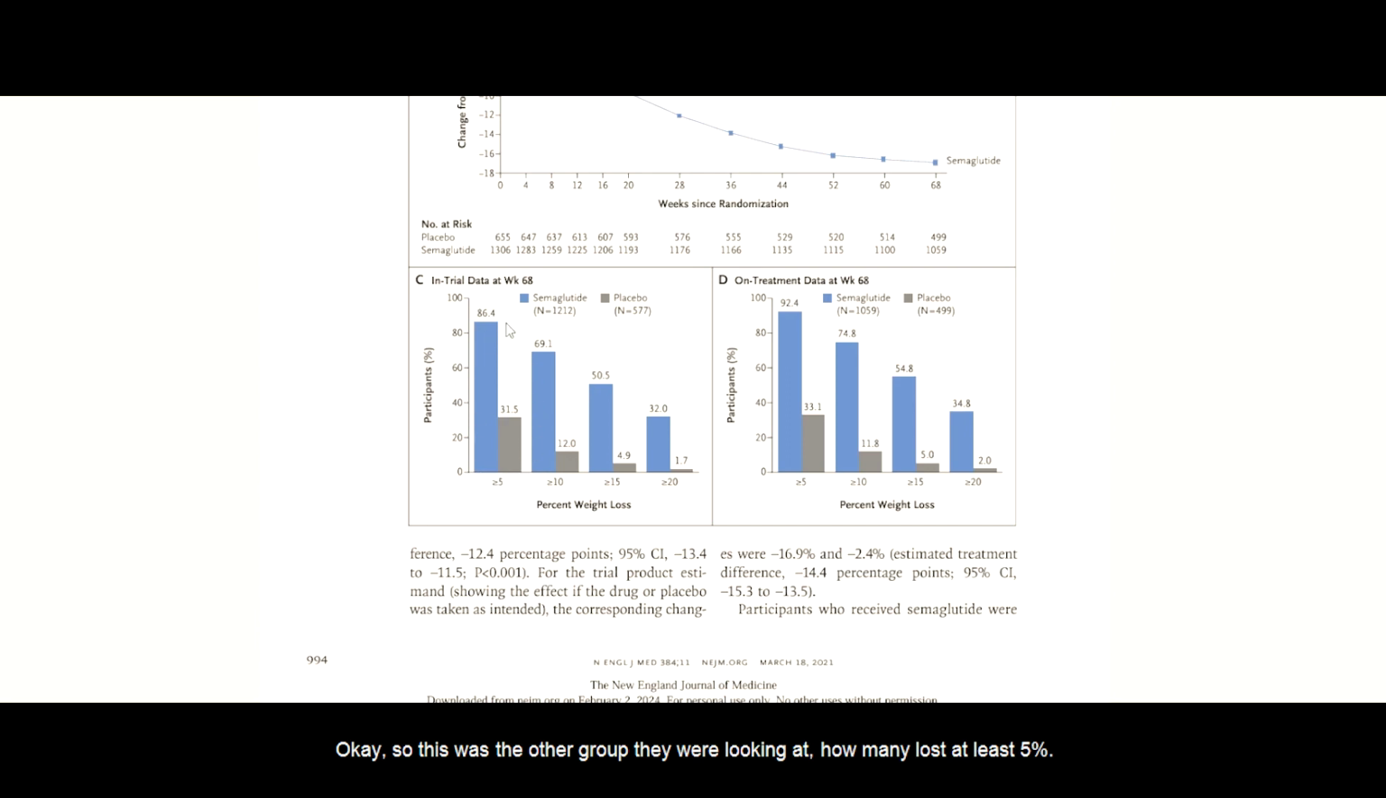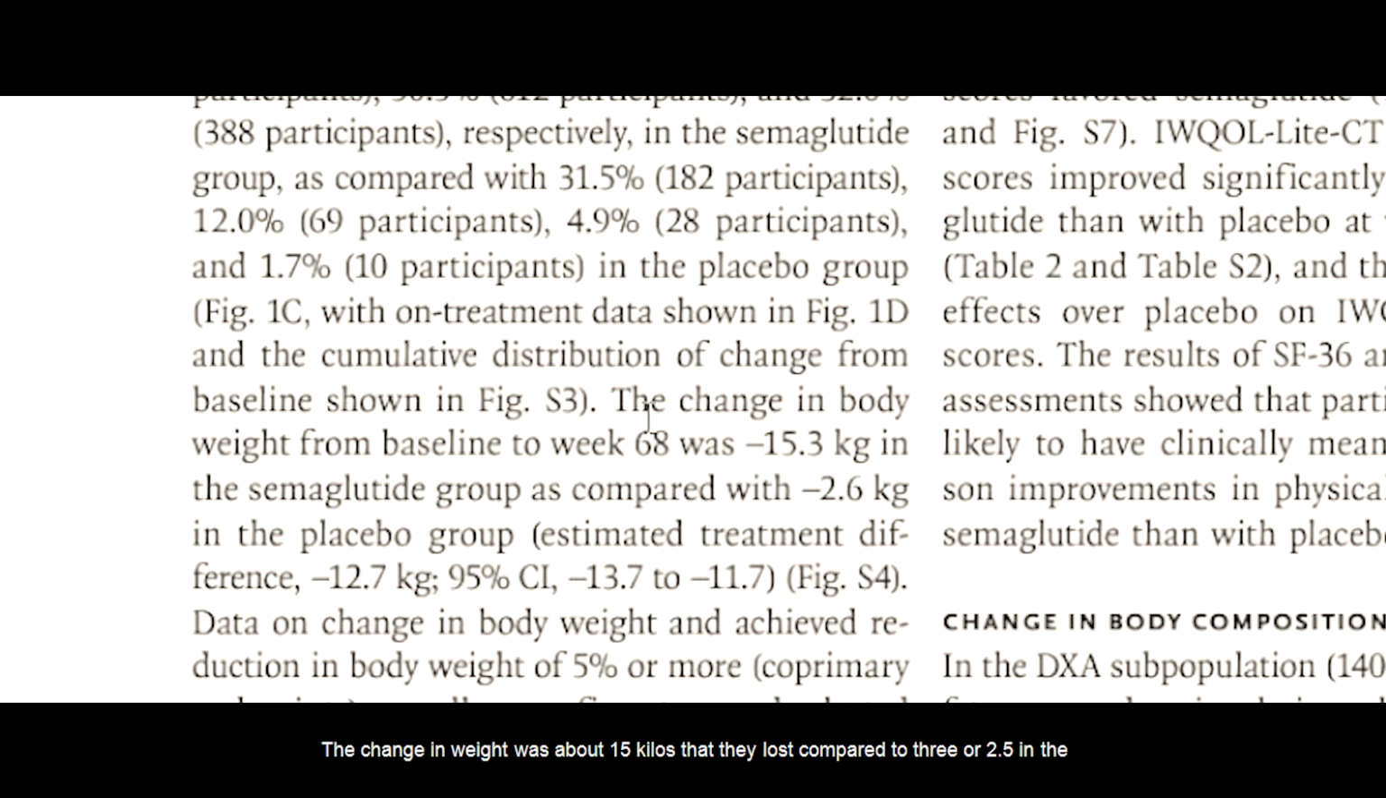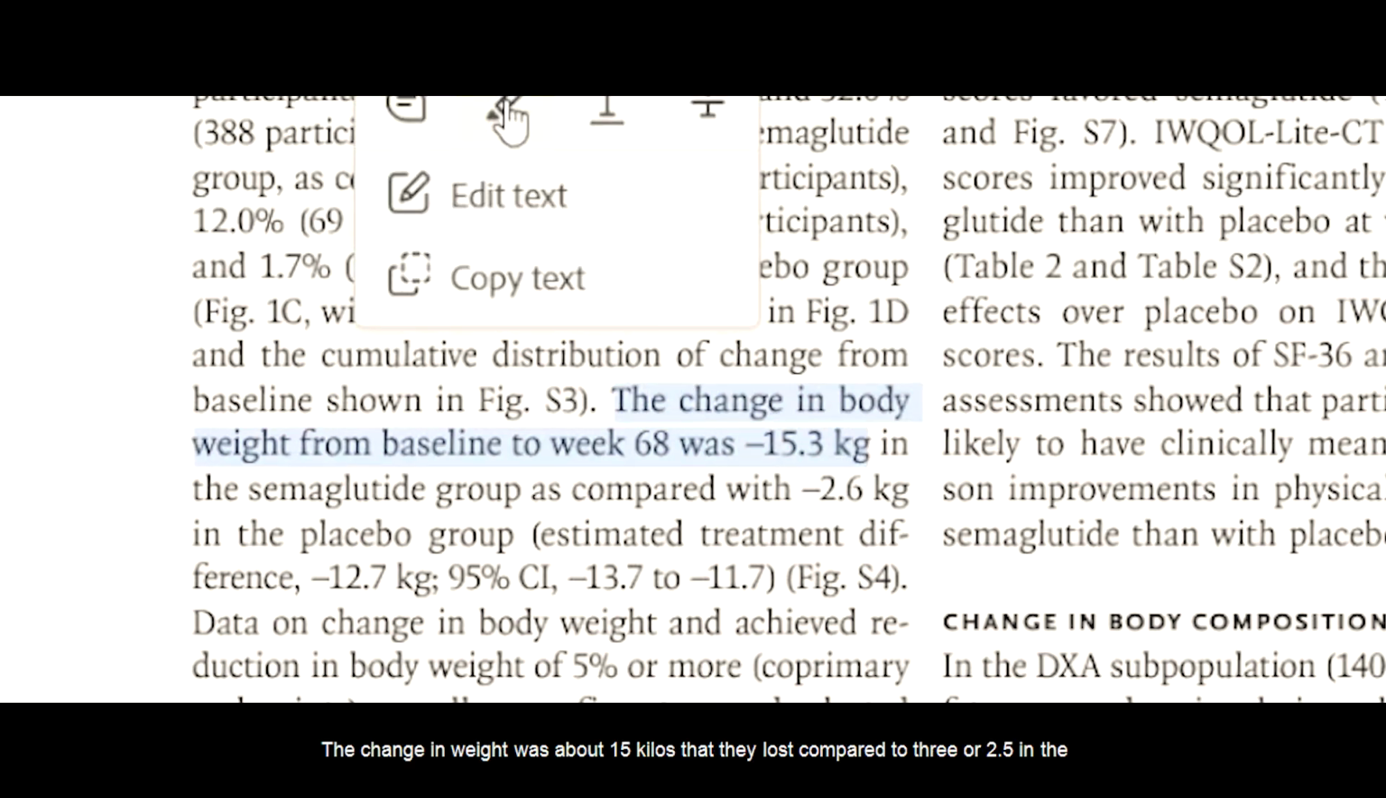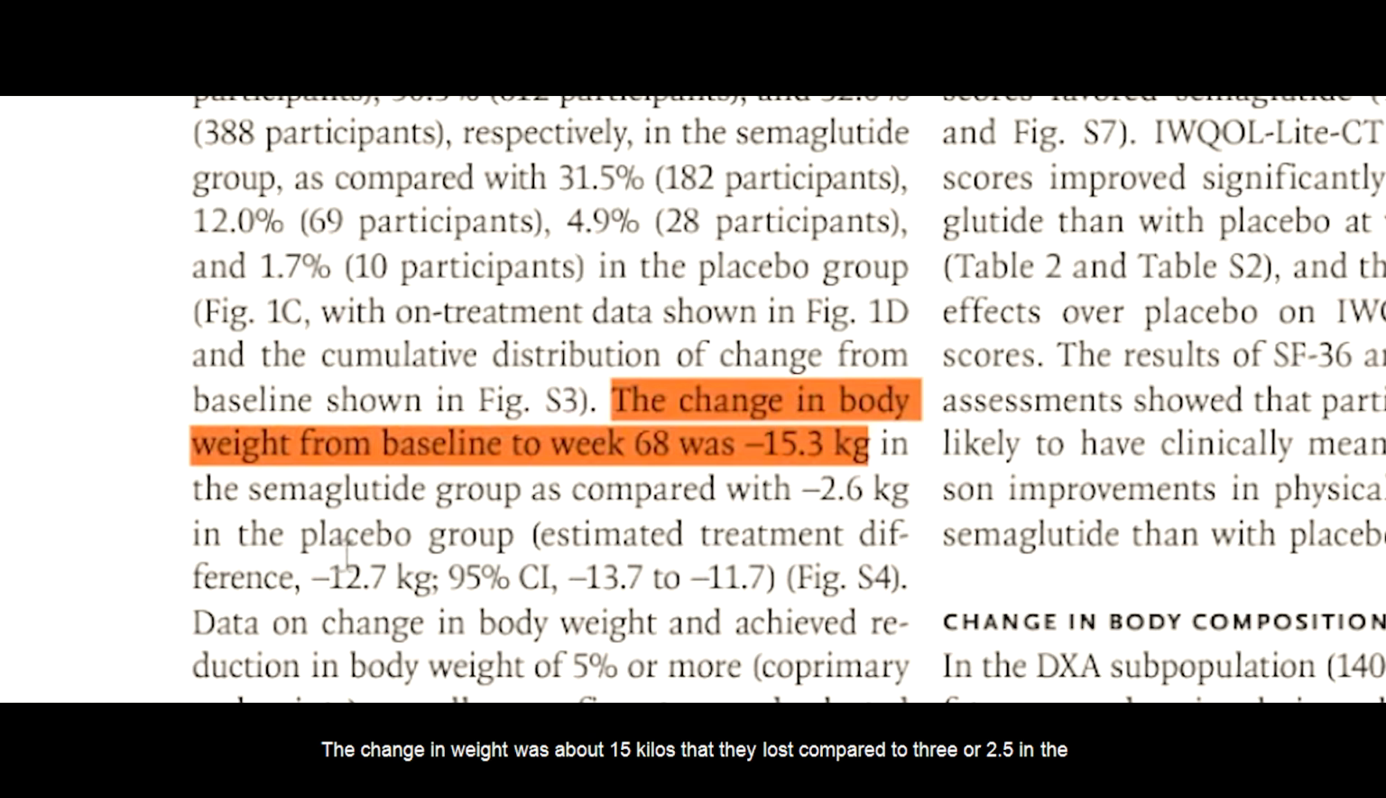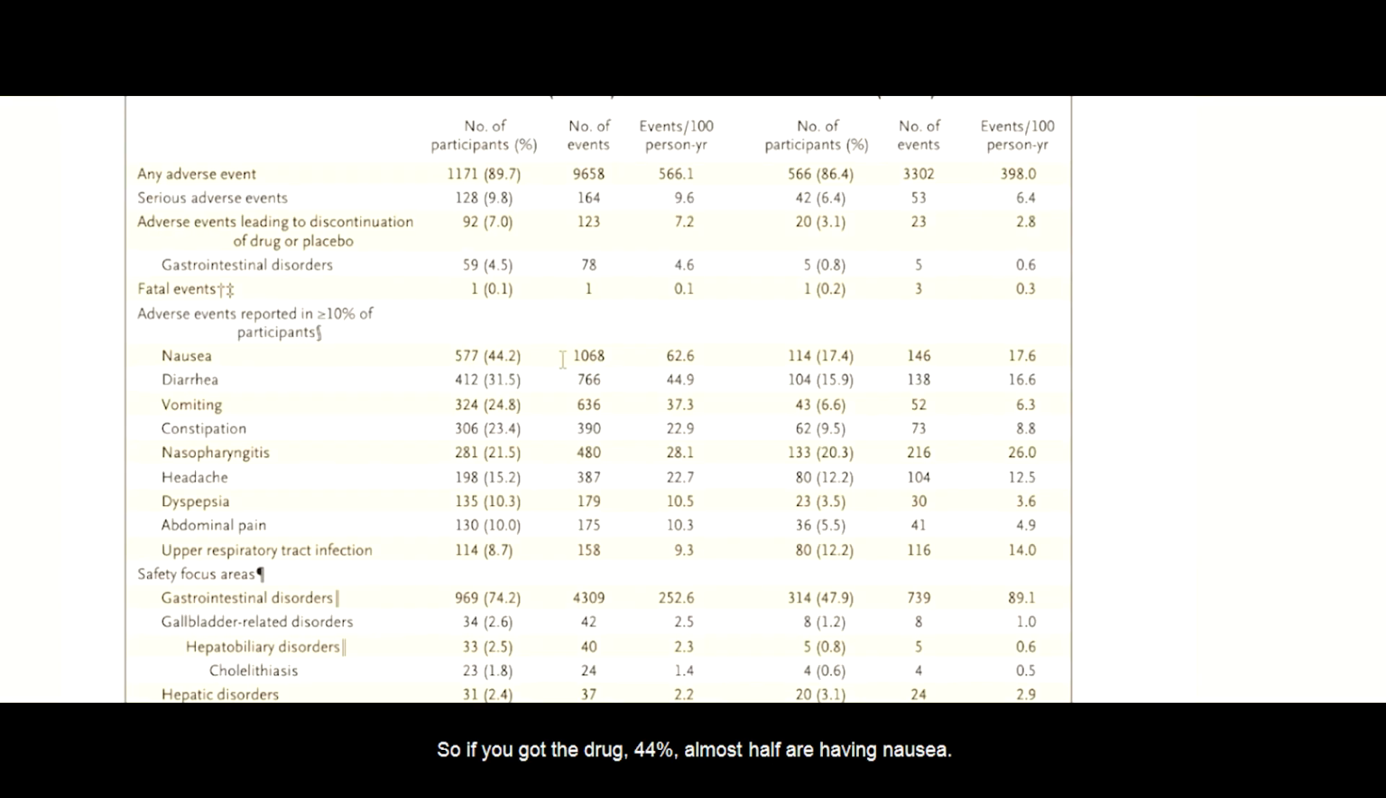How many lost at least 5%? And you can see quite a lot on the Ozempic. The change in weight was about 15 kilos that they lost, compared to 3 or 2.5 in the placebo. So if you got the drug,